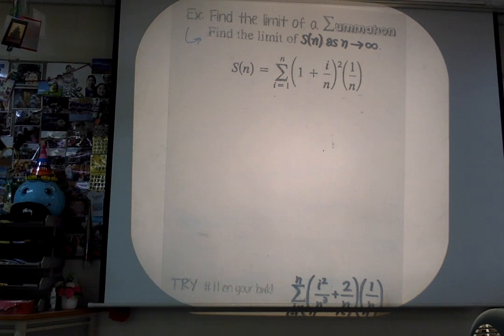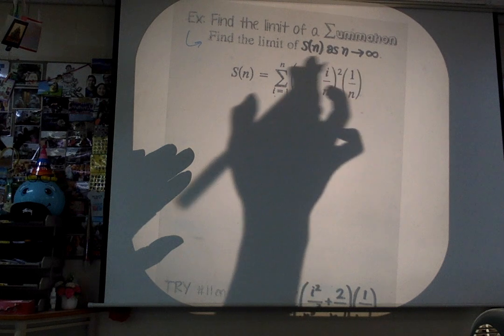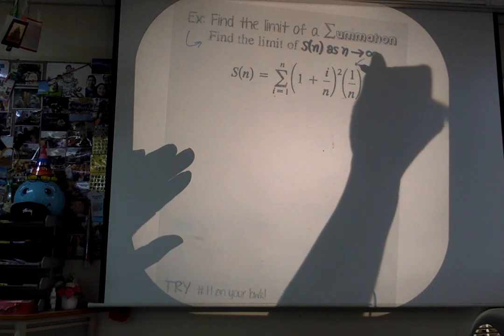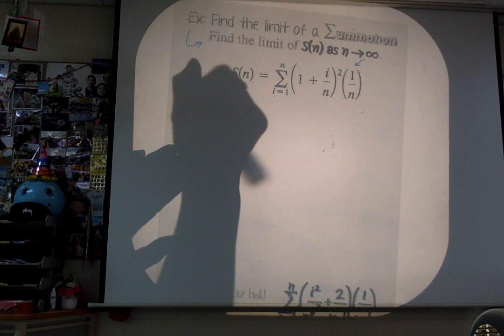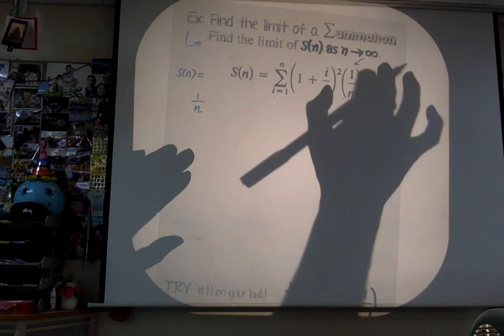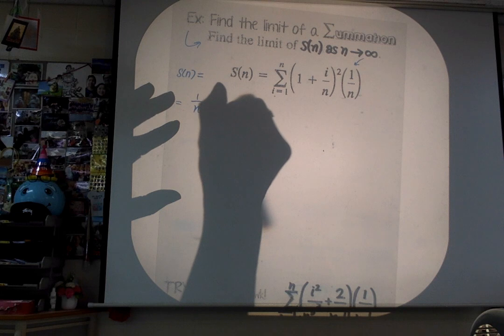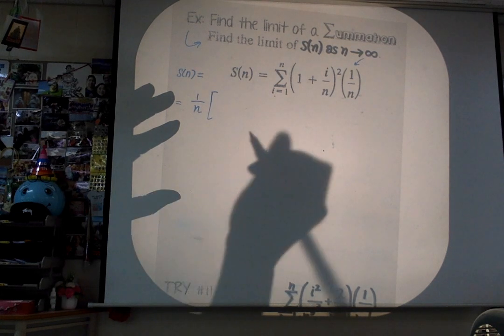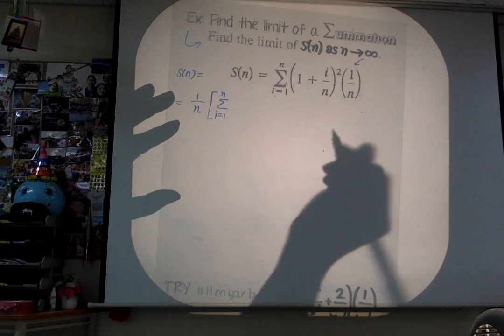So let's look here. Already, you see, this is a constant. So we're going to pull that out. Because remember, we're trying to find this magical formula S sub n, okay? And later, we're going to find the limit as n approaches infinity, okay? Now, for S sub n, we're going to pull out the constant. And what are you left with? You're left with sigma i equals 1 to n, and you have